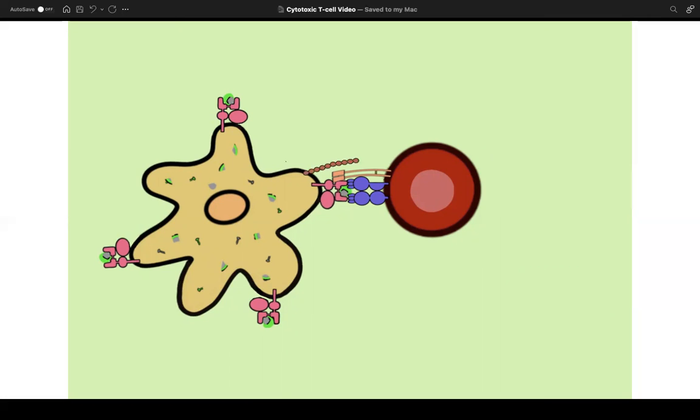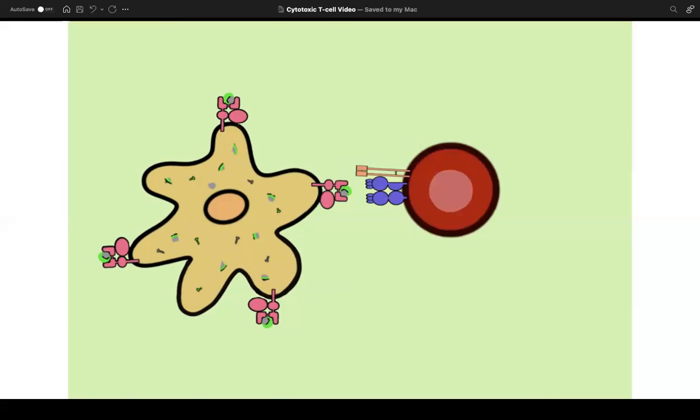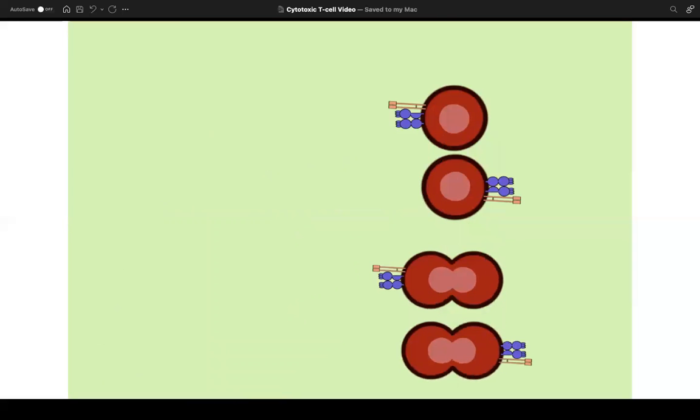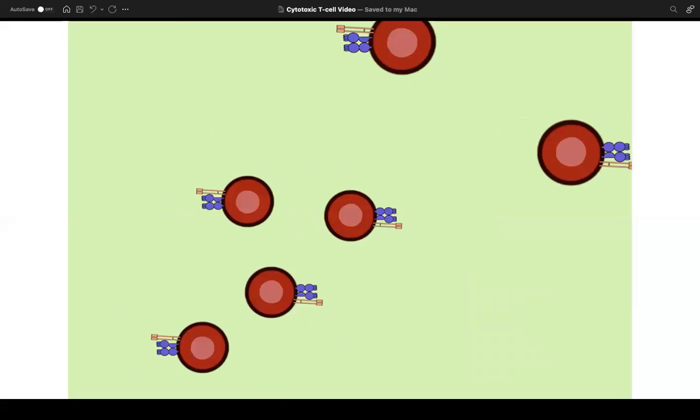Step two is the binding of co-stimulatory molecules, very similar to CD4 plus activation, and then the release of cytokines from the dendritic cell onto the cytotoxic T cell. The release of these cytokines will fully activate it, which will then lead to the proliferation and differentiation of the cytotoxic T cell into multiple cytotoxic T cells, but also into plasma cells. The plasma cells will be kept in the lymph node for future use if the pathogen ever returns, but these